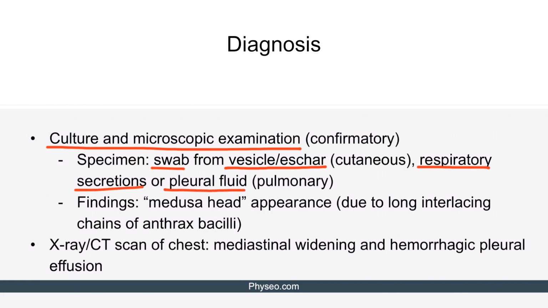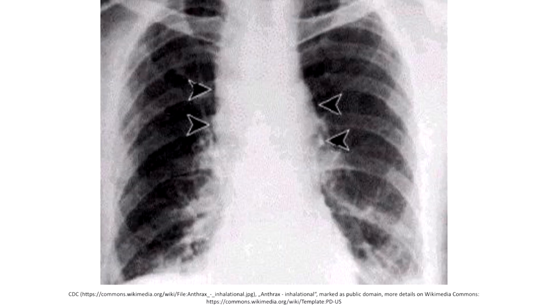On examination, anthrax bacilli have a medusa head appearance due to the long interlacing chain pattern of the bacteria. X-ray or CT scan of the chest reveals mediastinal widening and hemorrhagic pleural effusions in cases of hemorrhagic mediastinitis. Here's a chest X-ray showing a widened mediastinum. Note that this can also be seen in many other conditions, such as aortic dissection, and thus is a nonspecific